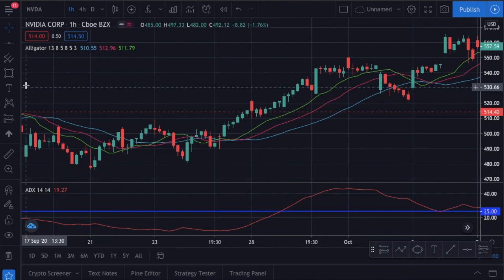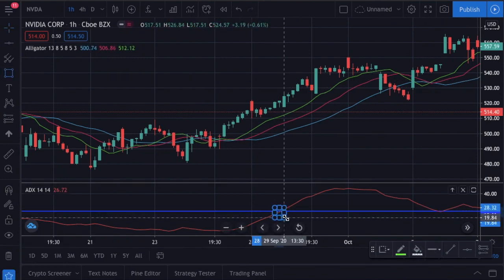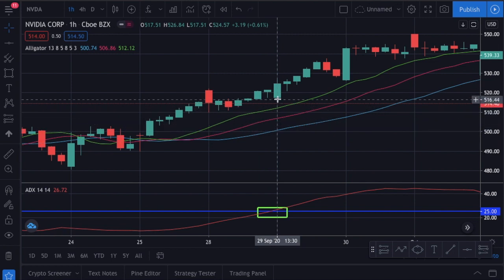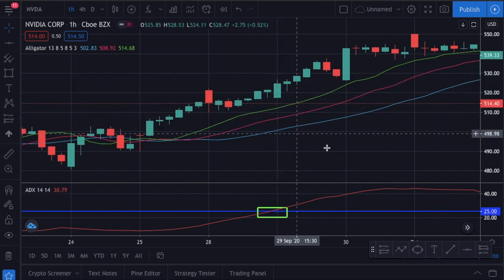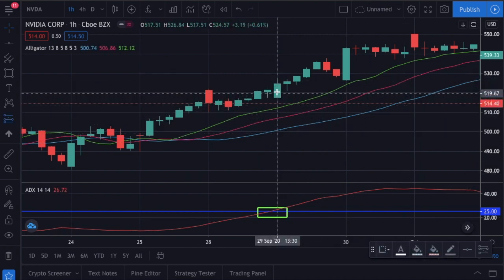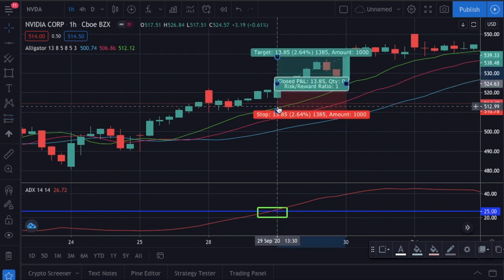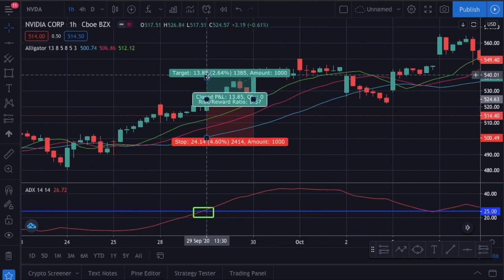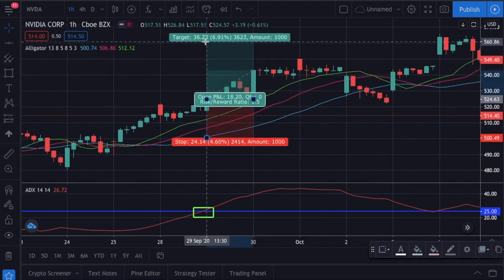Let's check another example. You can see the ADX crossover here, right on this candle. The price is above the moving averages, and lines are not that close to each other. So I will take the trade here. And I will put my stop loss below the jawline. We will arrange the take profit point 1.5 times higher than our stop loss. This trade was also a decent one.